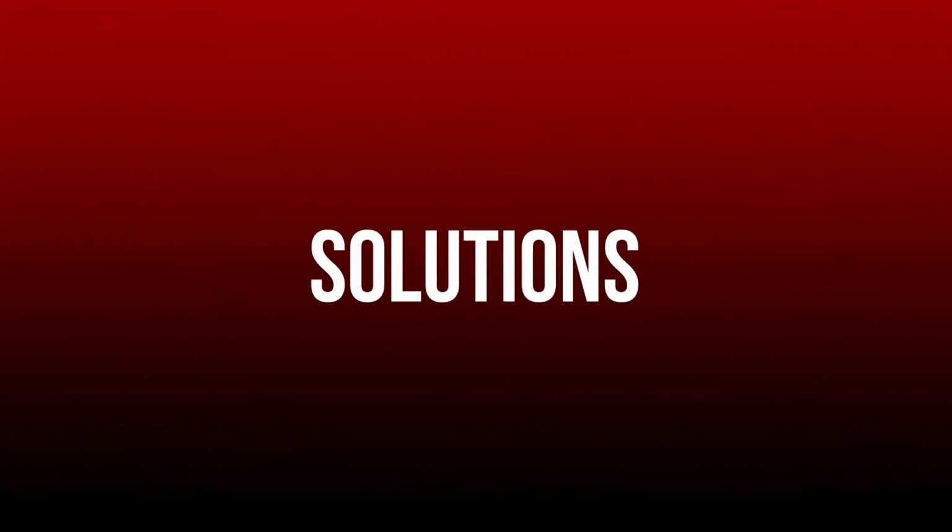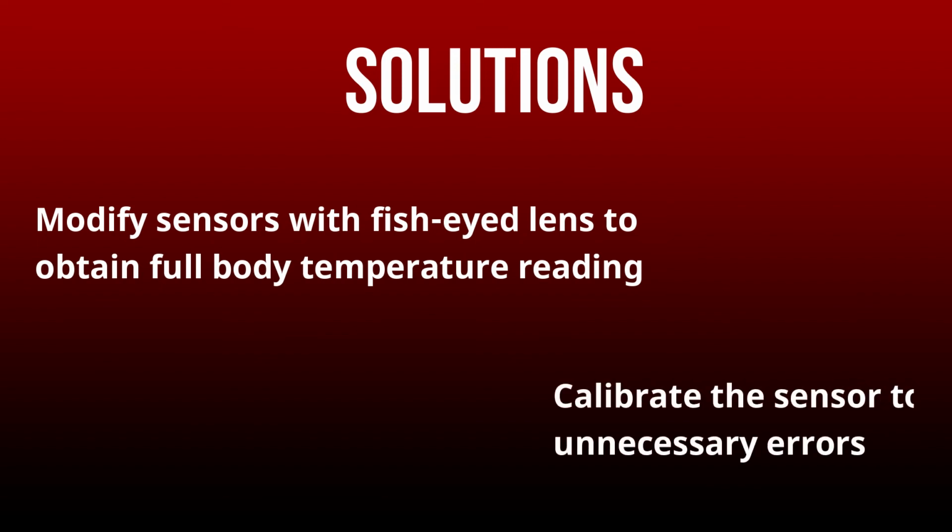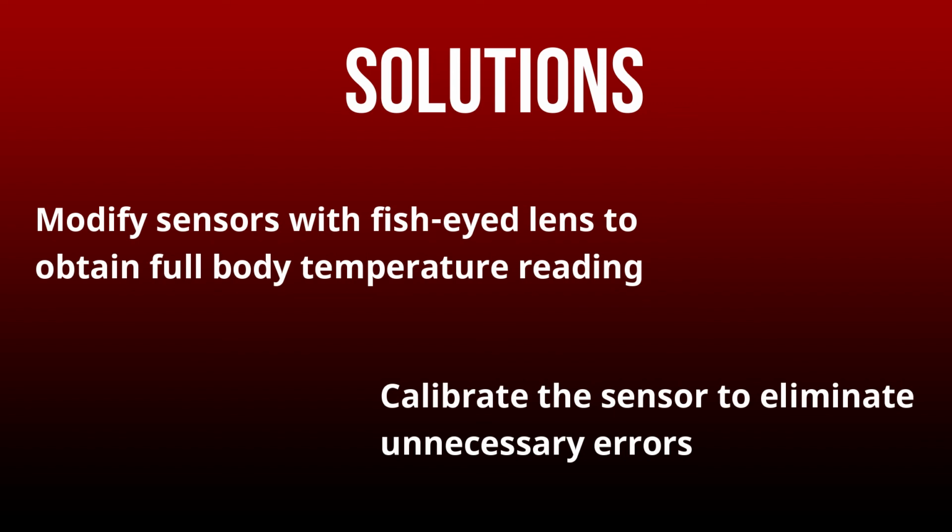As a solution to the problem encountered by the sensors, we found out that the thermal sensors can be modified with a better sensor lens such as a fisheye lens to have a more full, accurate and precise temperature reading of one individual or an object. Another solution is to calibrate the thermal sensor according to the temperature of the nearby surrounding, which eliminates the zero error of object temperature measurement, resulting in a much more accurate and precise reading.